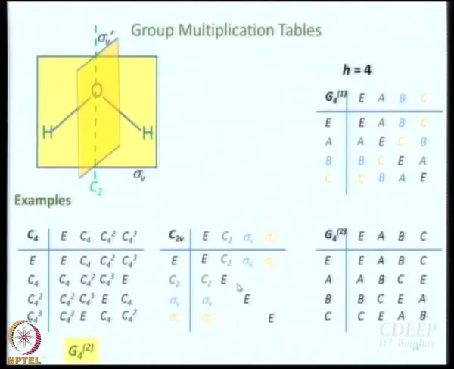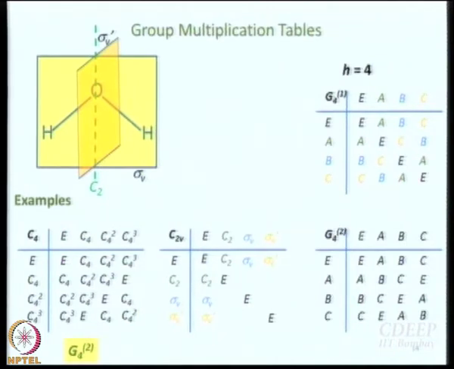Alright. Keeping that in mind, now can you tell me what it will be? Forget about the rearrangement theorem for the time being. Keeping just this upper lobe, lower lobe in mind, can you tell me what this should be? When you apply sigma V, what happens? Nothing happens. Is that right? No. There is no change in position of the atoms, but upper lobes become lower lobes, isn't it? The lobe that was on top of the molecular plane goes below, the lobe that was below goes on top, right? HA remains HA, HB remains HB, but the upper lobe, lower lobe interchange is there.